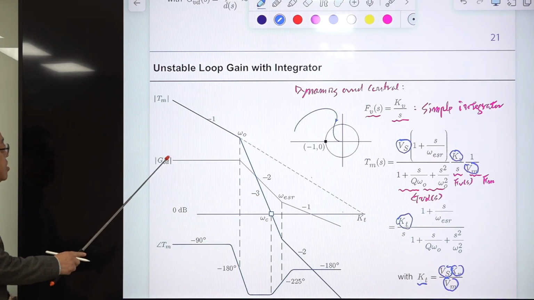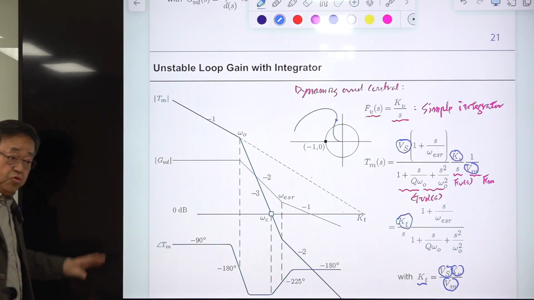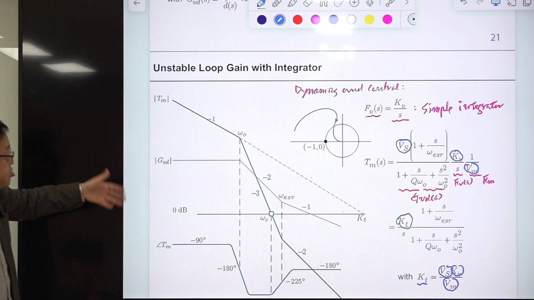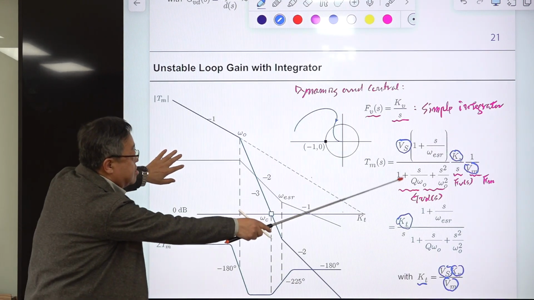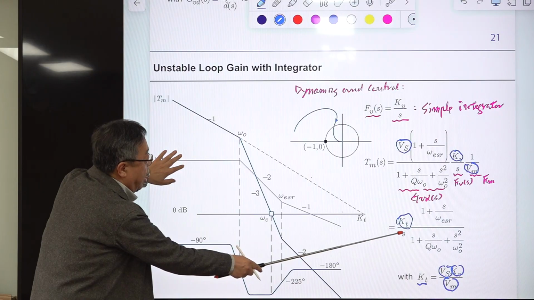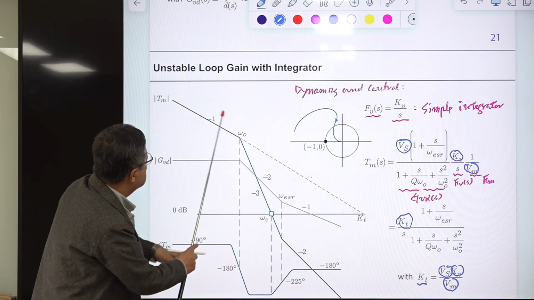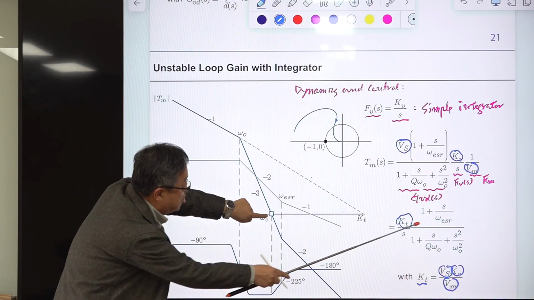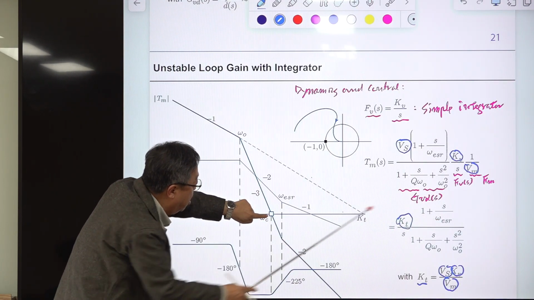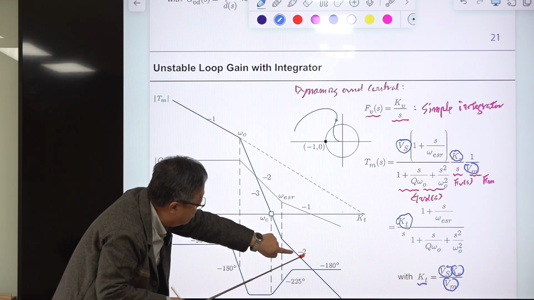Okay, and this is the GVD. I just sketched this here for your reference. You don't need to pay attention to this. This is for reference. So just take a look at this. Right. So KT divided by S is this one, and you have a double pole. So this reduces to -3, and you have a zero here, omega ESR. Then the slope at omega ESR becomes -2.